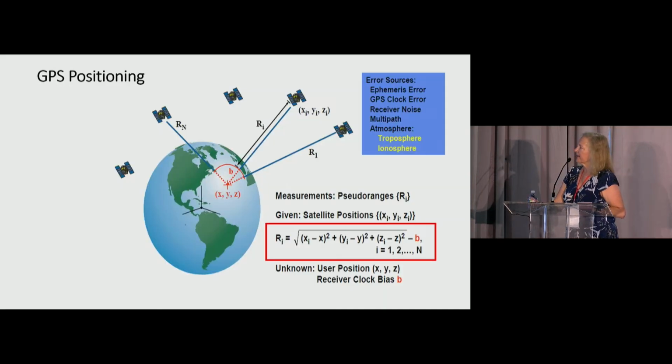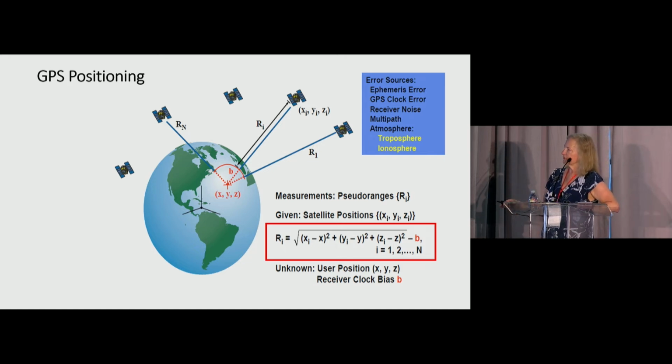Now, back here, this just shows you how it works. You've got a receiver on the ground. Your receiver has a clock, but it's not an atomic clock. But you actually are tracking signals from up to 4 different satellites. You're supposed to be able to see 4 at any one time. You do a least squares solution. You solve for your position, and you solve for this bias, your time. So that's what you're doing.